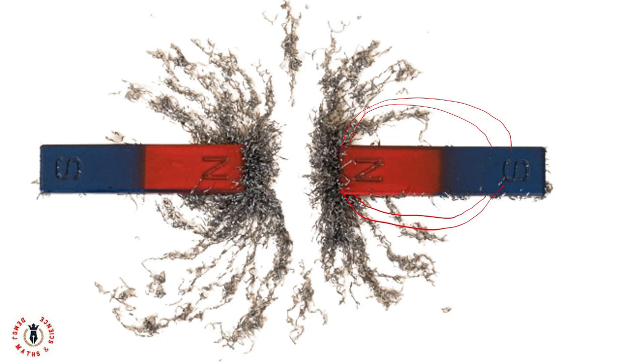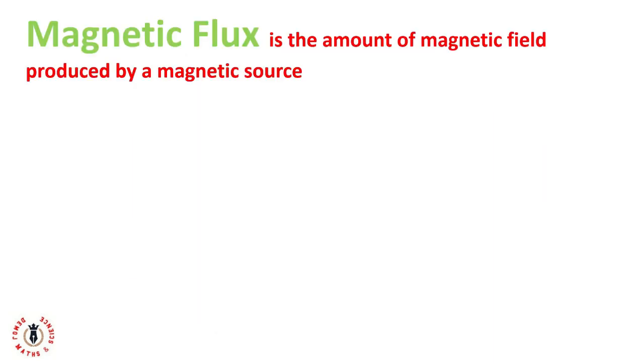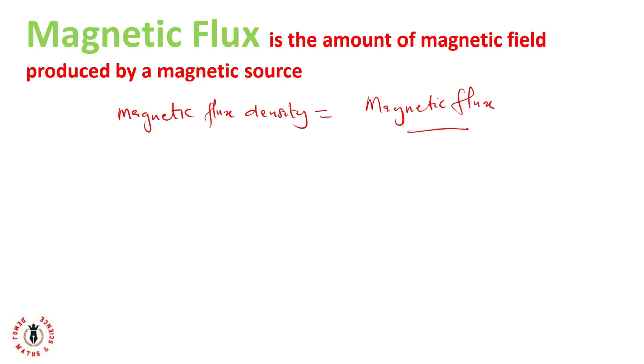This magnetic field produces magnetic flux per unit area, which is called magnetic flux density. Mathematically, I can represent my magnetic flux density B as equal to magnetic flux over area. In most textbooks, you see magnetic flux being represented as phi, area represented as A, and magnetic flux